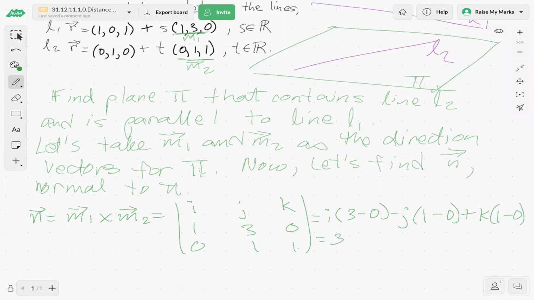So our normal is 3I minus J plus K, or in coordinates, (3, -1, 1). Now that we have the normal to our plane,